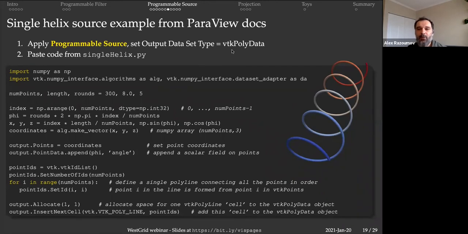So here we're going to set the output type to VTK poly data. Polygonal data is simply up to two-dimensional meshes, right? So surfaces, lines, et cetera. We set the number of points to 300. Length is just the length along the x dimension. And 5 is the number of rounds in our helix. Then we have this variable index that is a NumPy array that goes from 0 to 299. We set the angle phi, so the angle phi goes 2 times pi, rounds number of times, so 5 times,